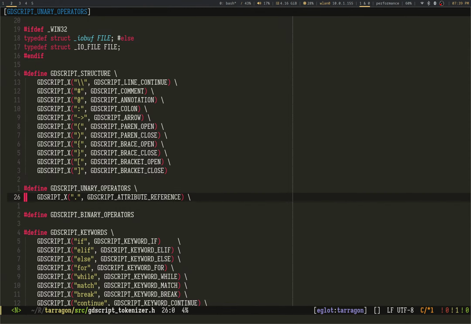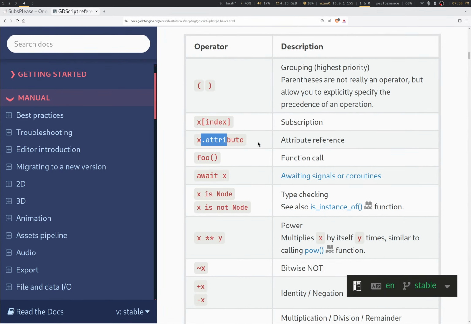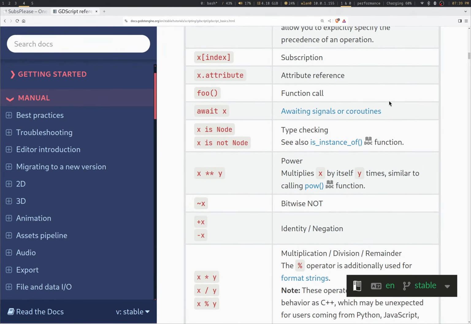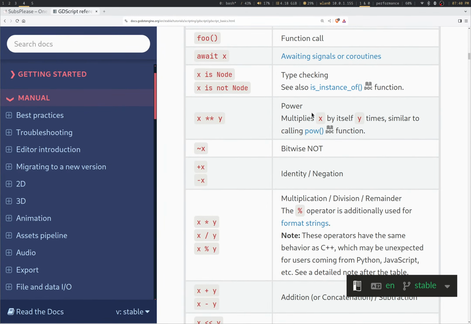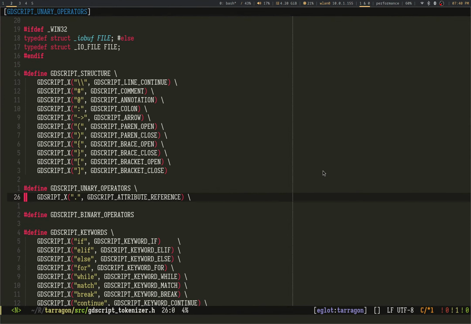What else do we got here? Function call covered, index covered. I'm going to be doing a type check for that, which is kind of painful. Await, that's a keyword, whatever. X is not keywords. Power wise, this is a binary operator.